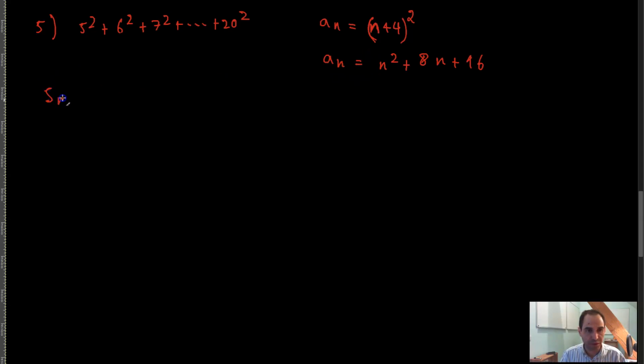you can write basically S of n is equal to sigma a of k as k goes from 1 to 20, right? As k goes from 1 to 20, because you have 20 terms here. Actually not 20, it's not actually 20. So your terms start from basically, so you have 5, 6, 7 all the way up to 20. That means that you have